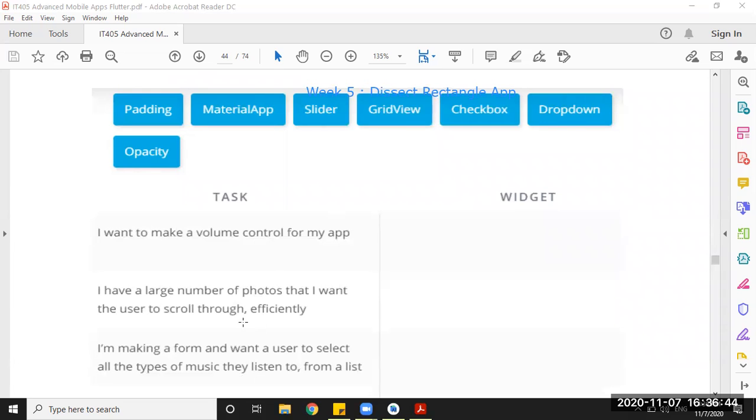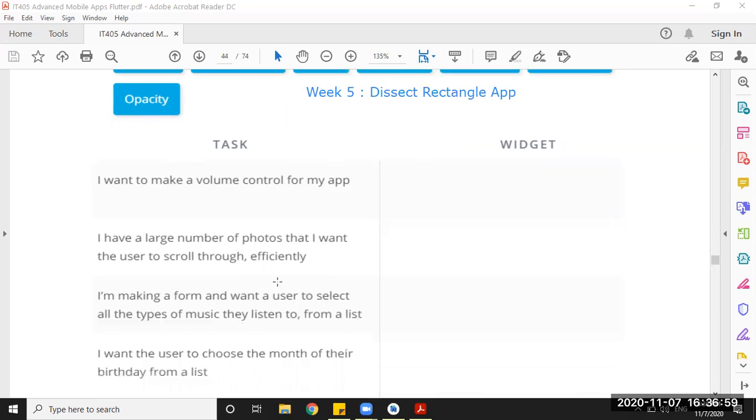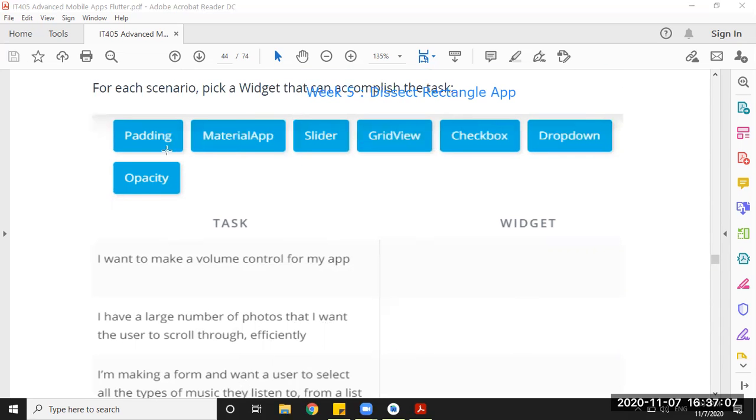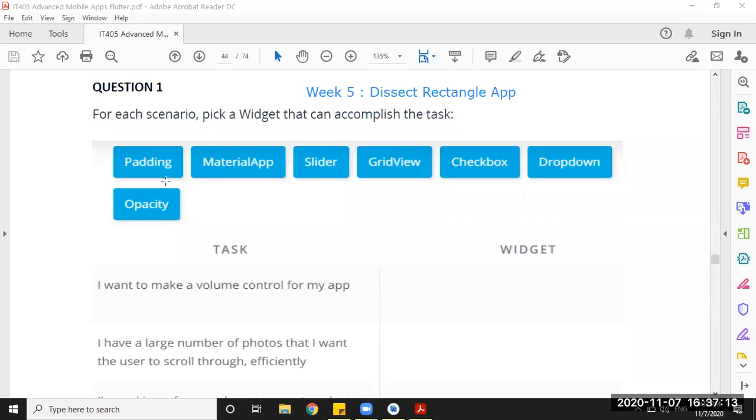I have a large number of photos that I want to scroll through efficiently. So for a large number of photos, among opacity, padding, material, slider, grid view, grid view will help you on this one, to put a grid of images. Next, I'm making a form and I want users to select all the types of music they listen to, by clicking, for example, on the types of music that they want to listen to. So padding